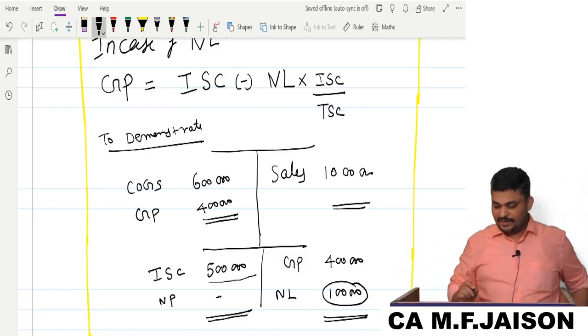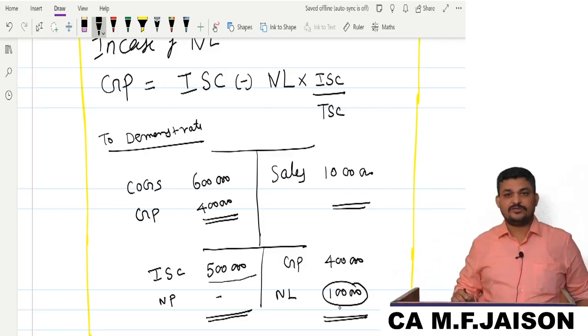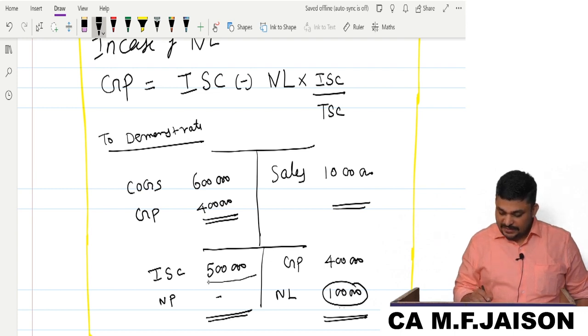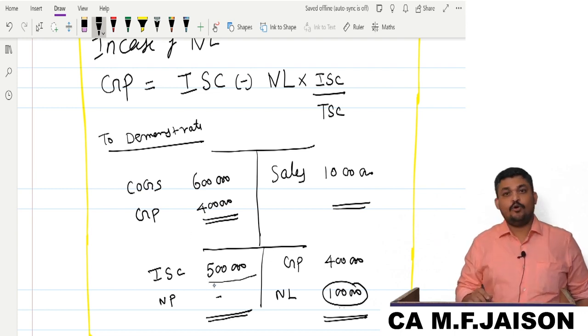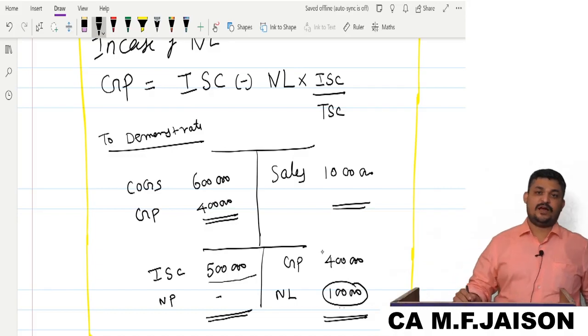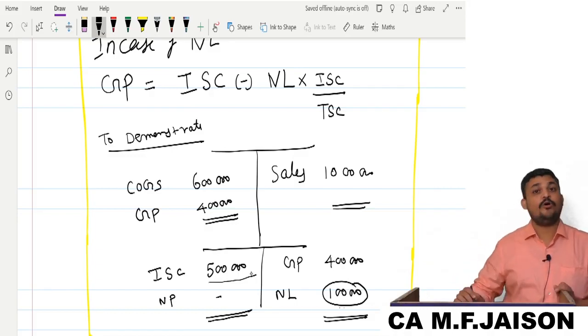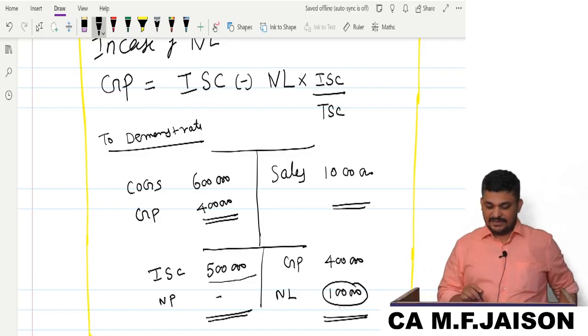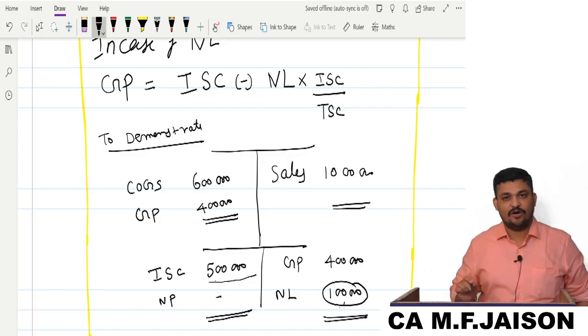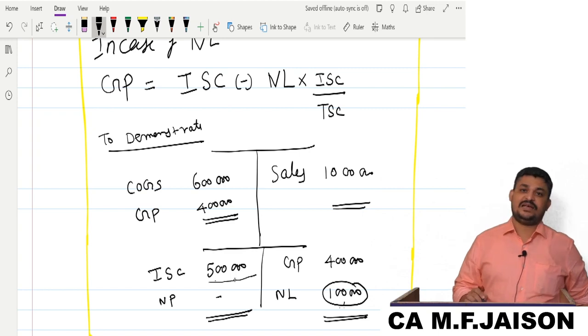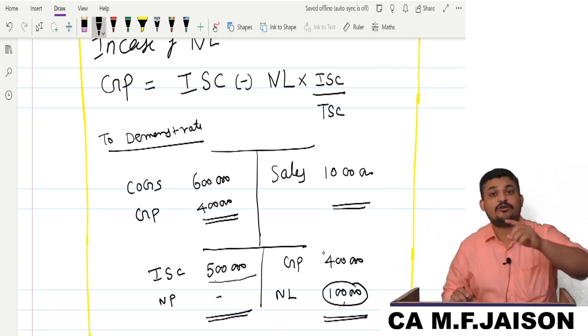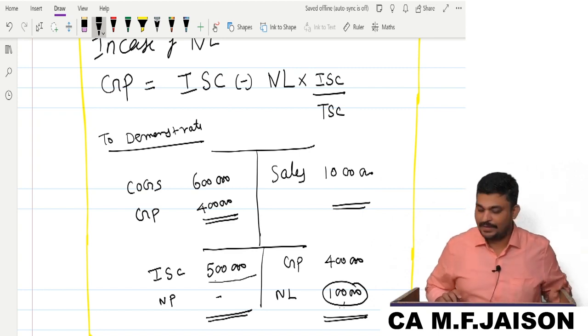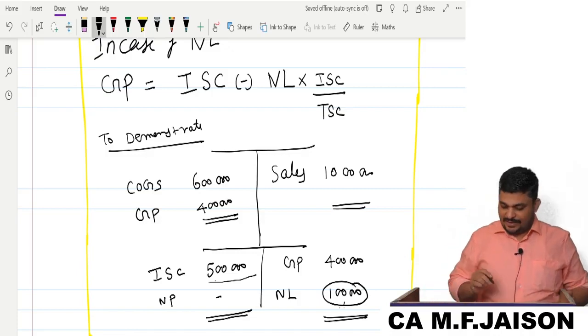So first of all, in this scenario you are having a net loss. You should understand what this net loss position is. It is the expenditure over the business profit that results in net loss. Correct? Here it is 5 lakhs minus 4 lakhs, 1 lakh. Which means you are incurring more fixed cost than what your business can contribute. Correct? Yes, sir.